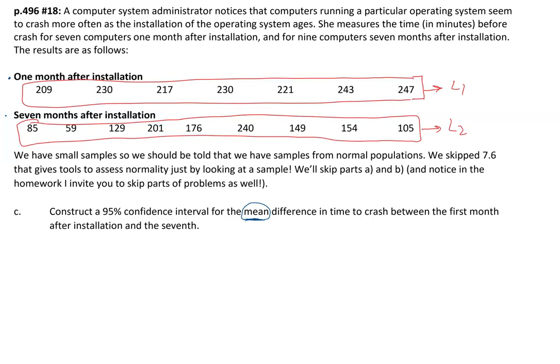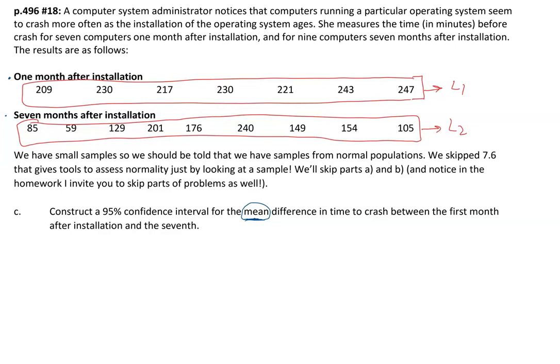And a couple of things jumped out at me as I put these numbers in my calculator. The first set of numbers are all over 200 minutes. And remember, 60 minutes in an hour, so 180 minutes is already 3 hours. So these times here are over 3 hours, into 4 hours kind of a thing. And in the second group, I see that one number, 59, there's a computer that crashed in the first hour. And 85 minutes is not even an hour and a half. So it certainly looks like the second group of numbers, after the computer's gotten a little older, they do look like they're less.